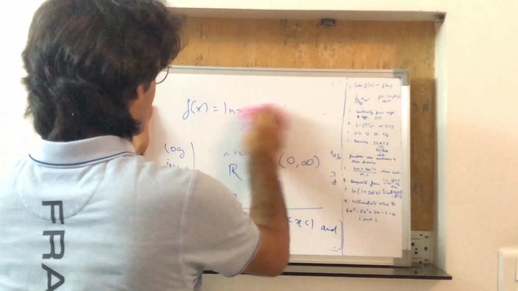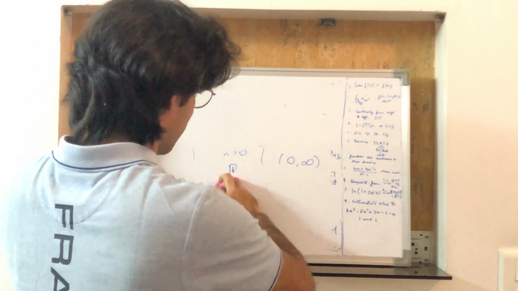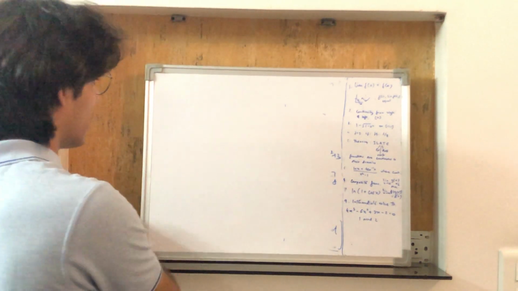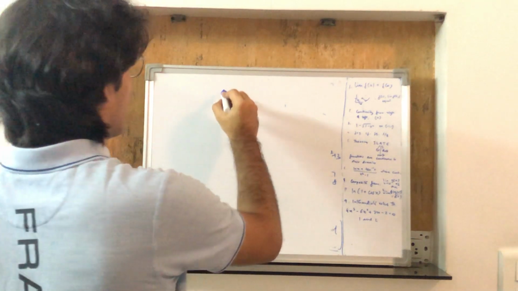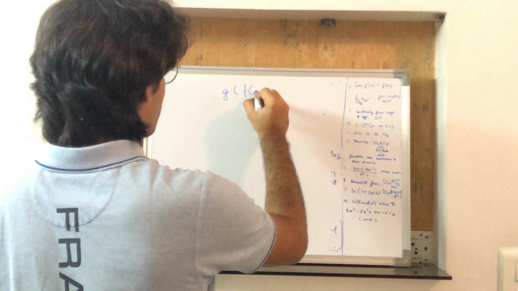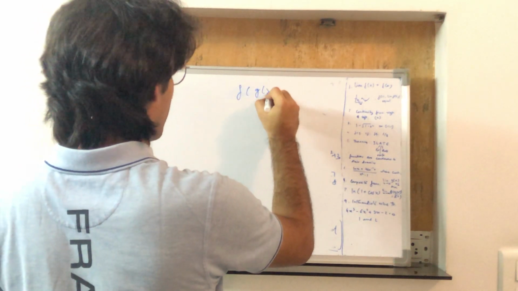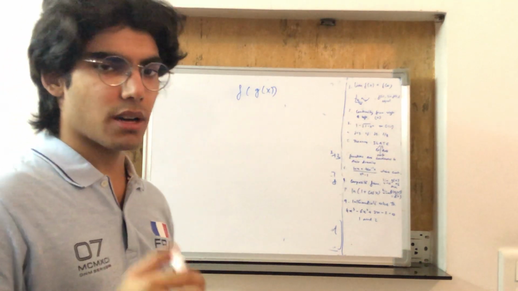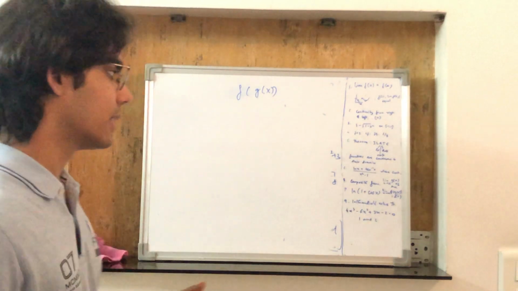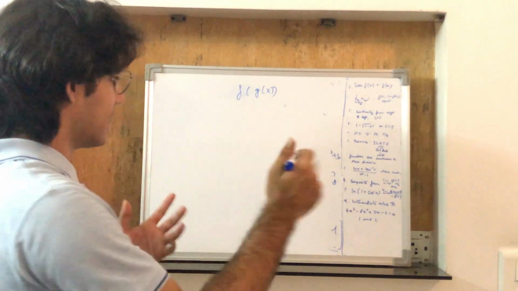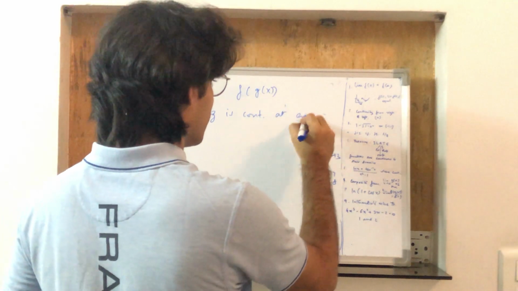Alright, then there's something else. There are composite functions that I don't know if you guys have learned about yet. We're going to go into an example, but basically it's when you can write something like f of g of x. I'm pretty sure if you covered functions, this is one of the types of function you're going to cover. So for this, what you basically say is that, let's say g is continuous at a,